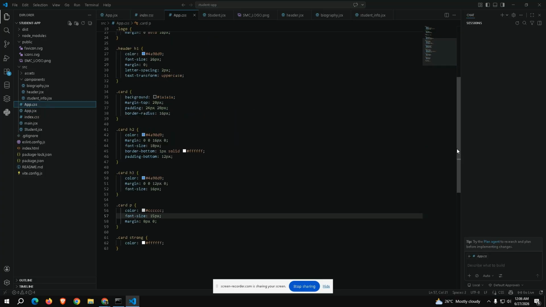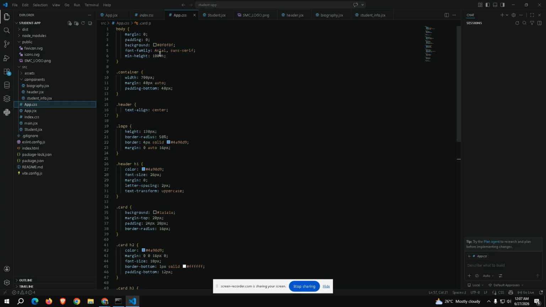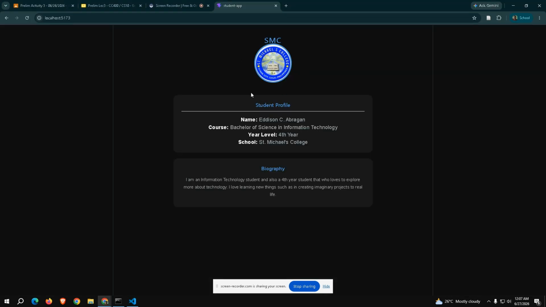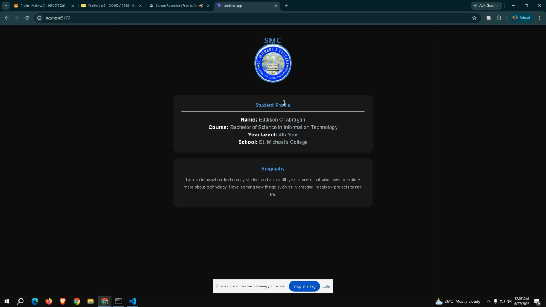Here, as you can see, the body, which mainly sets the whole font family. I use background black, Arial and sans-serif, the min height, and the container, which is the whole thing. For the logo, I'm using a border radius circle since the photo itself is a box.